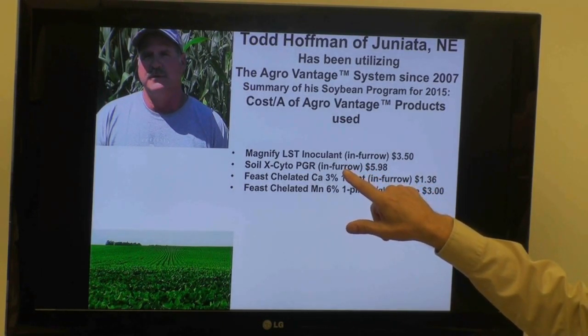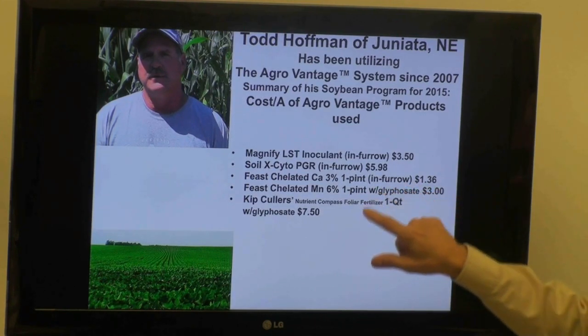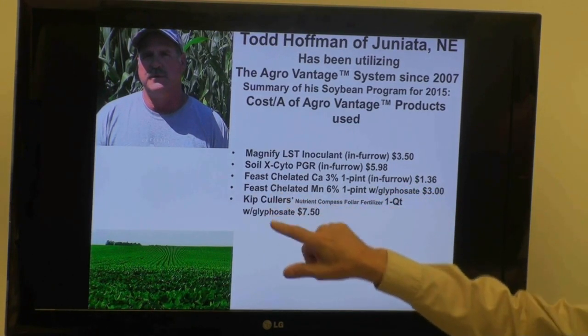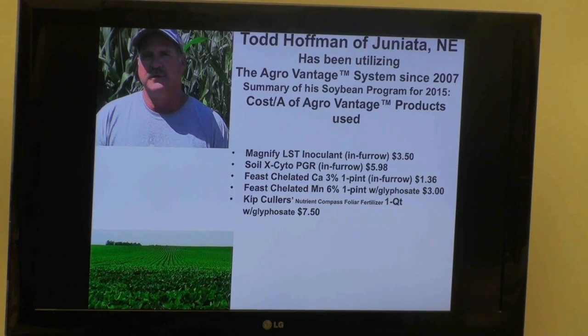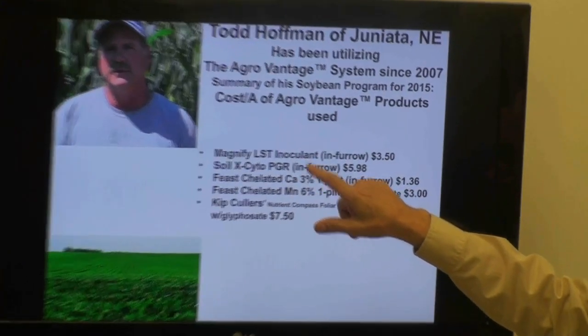It's like 5 ounces per acre in furrow. And he's using the Kip Cullers Nutrient Compass. So these last two are going in the foliar application with glyphosate. The first 3 are going in furrow: the soil Excito, the Feast chelated calcium, and the...